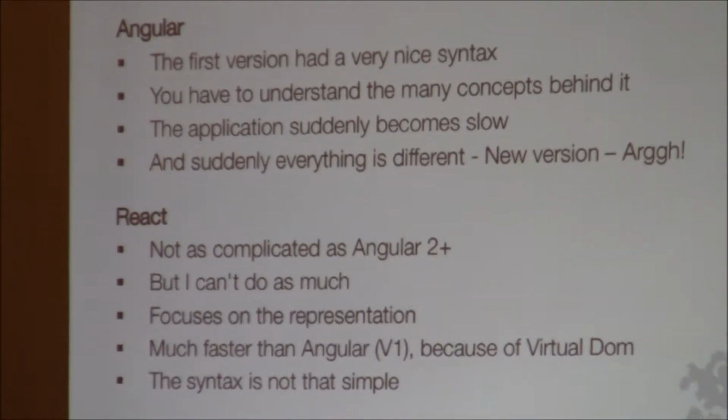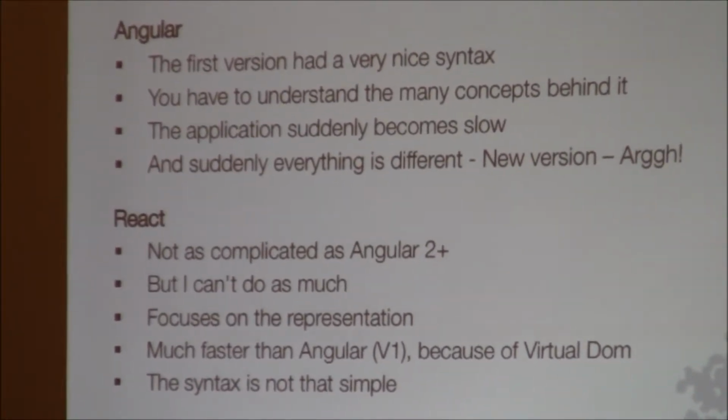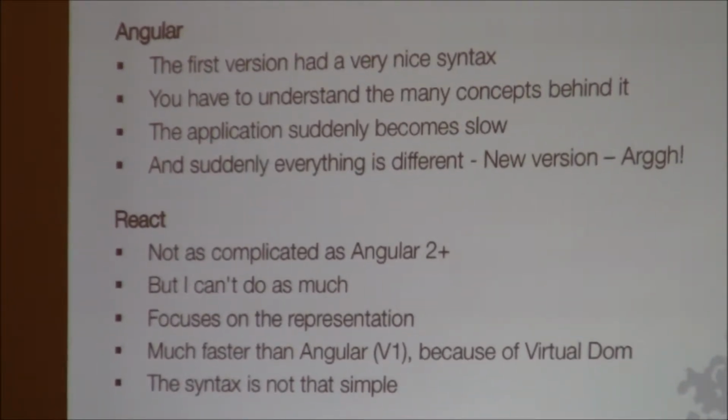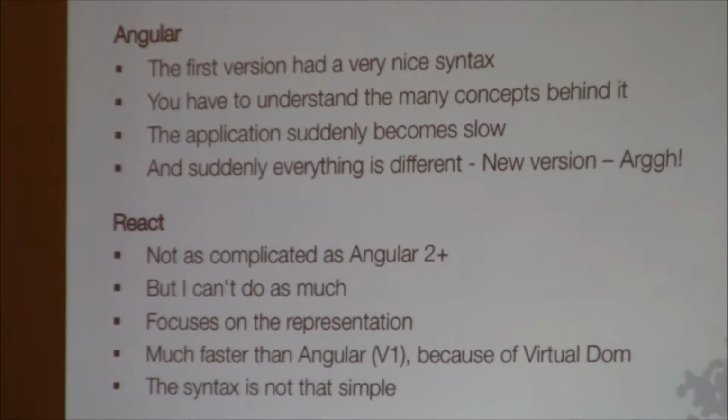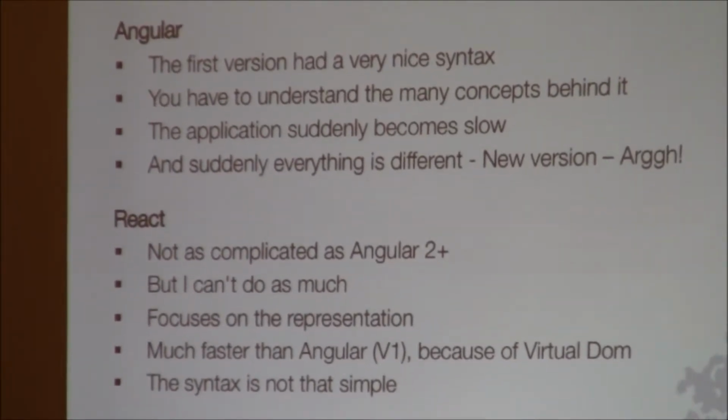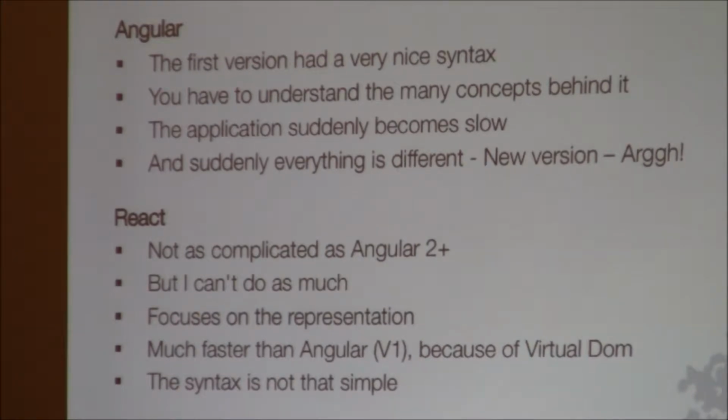I tried to make some bigger applications, and the applications suddenly became slow. I don't know why. I have changed so little, and then it becomes slow. And someday everything is different. New version. It was really, really bad between version 1 and version 2 of Angular. They completely changed the syntax. They completely changed the concept. Not completely, but they changed a lot. They were breaking changes. And we are Domino developers, we don't like breaking changes. You know, we take a Domino application built in version 4, put it on a Domino 10 beta server, and it runs. So we don't like breaking changes, and there were a lot.